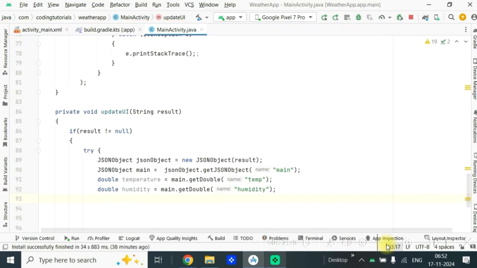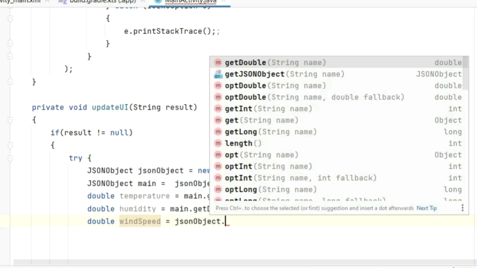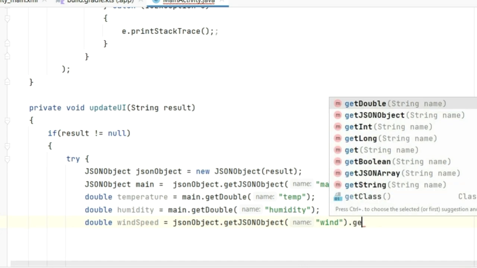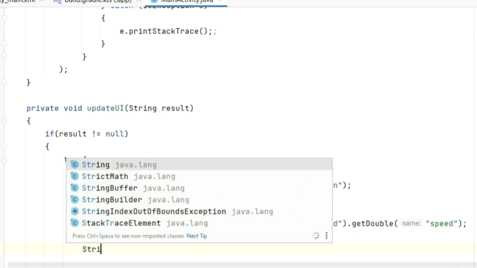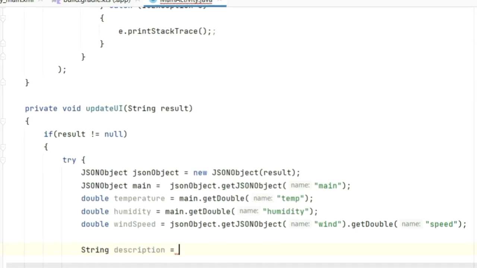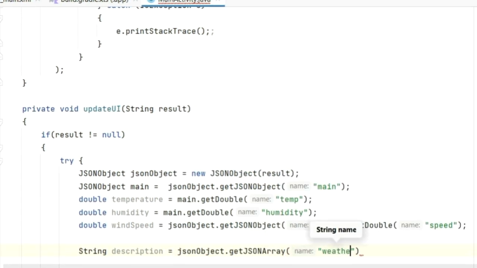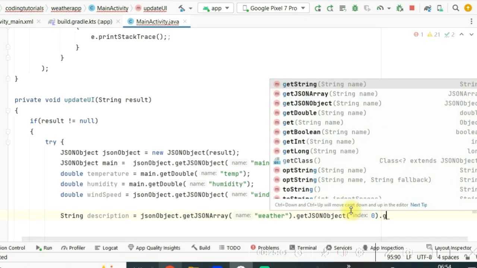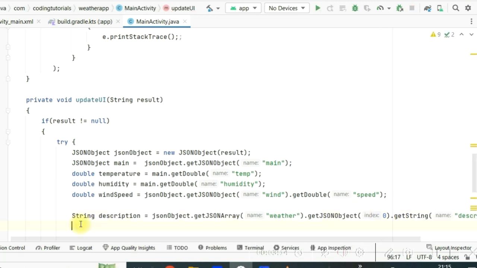Now below that we have other information, like double wind speed equal to JSON object dot get JSON object. It's not under the main, so inside the bracket under the quotes write wind dot get double speed. So it is wind dot speed. Now below that we will define string description equal to JSON object dot get JSON array. Inside the bracket we will write weather dot get JSON object index 0 dot get string description. That will contain our information description, whether it is sunny or clear sky or scattered clouds or all the different